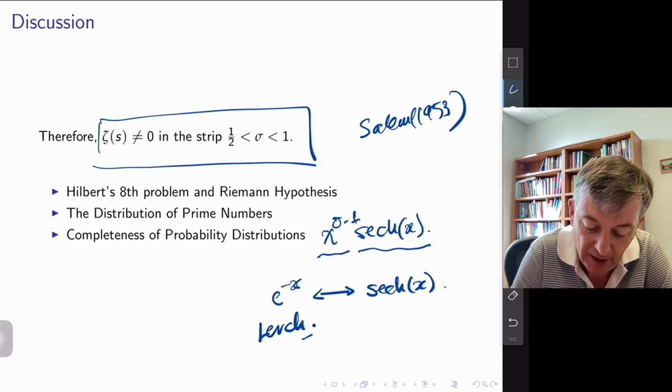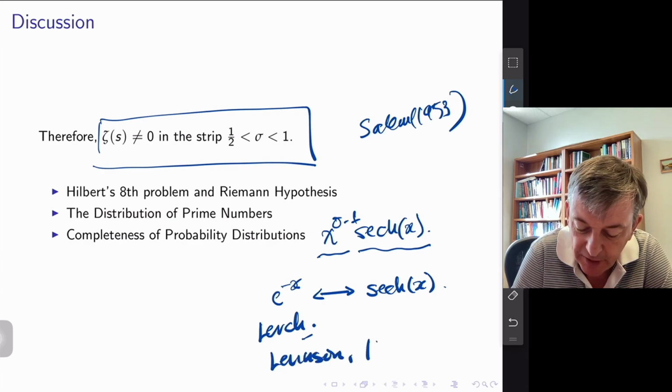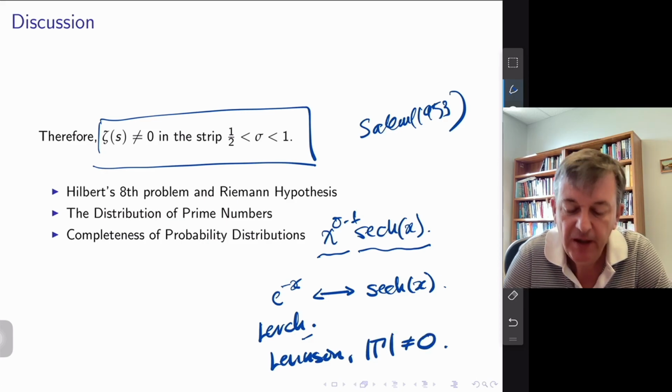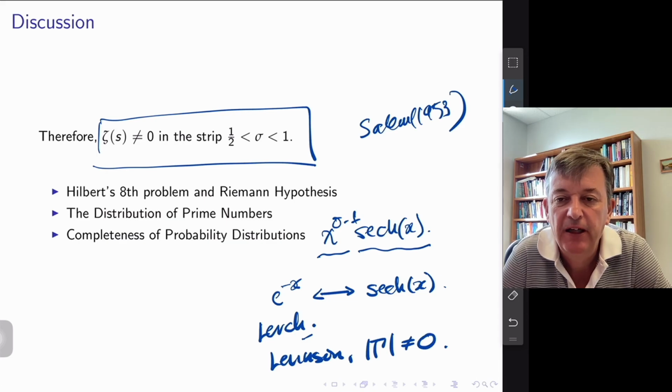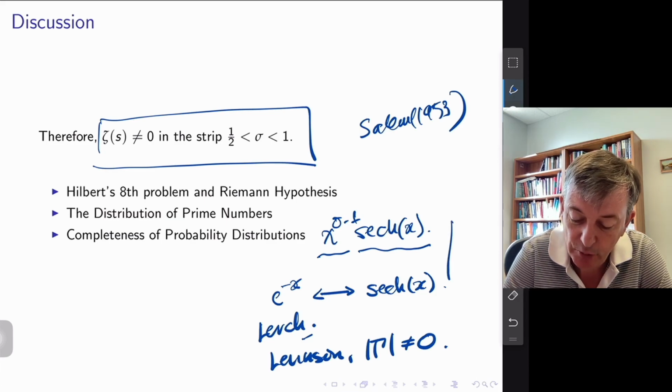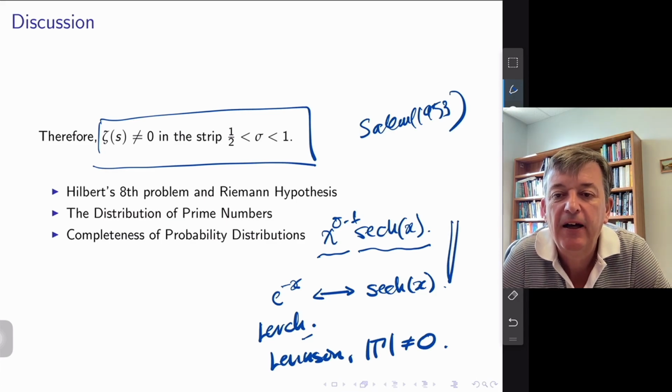And again, one approach to finding contradictions in these completeness things is to try and approximate the gamma function and get inequality bounds on either side. Anyway, thank you for listening. Another possible approach to looking at the Riemann hypothesis, and an interesting duality, or an equivalence, of the Riemann hypothesis to completeness of probability families of distributions. Thank you for listening.